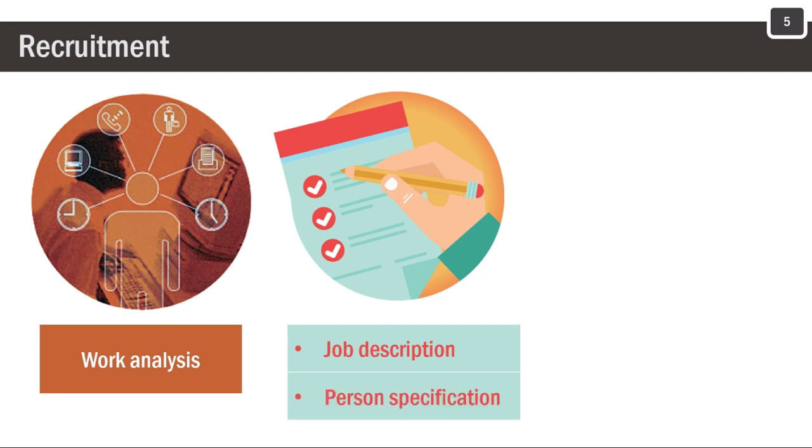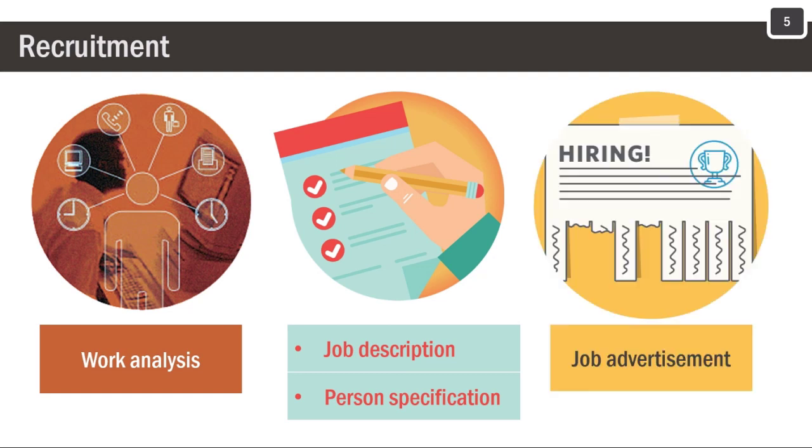And it provides information for a person specification or job profile. And the person specification, what does it do? It states the necessary and desirable criteria for selection. And then, based on job description and person specification, you create a job advertisement. As you remember, you've tried your hand at writing a job advert last week. And so let's today learn more about how to write one.